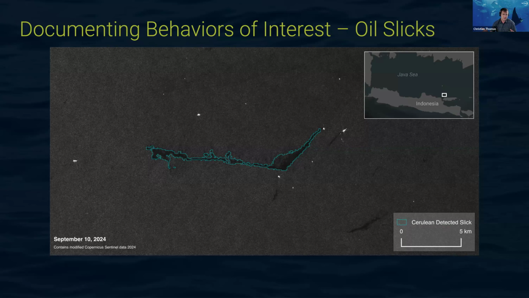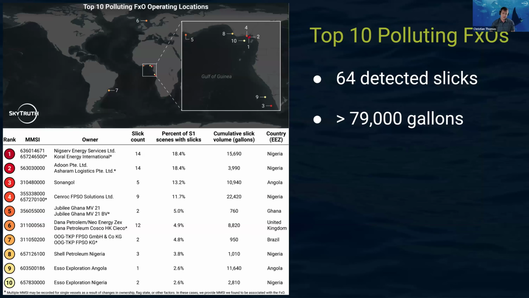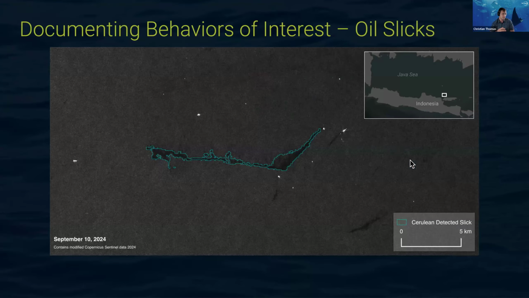And so our analysis then takes this and ranks polluters based on the frequency of slicks observed in Sentinel-1 imagery. So I'll touch on just sort of our general findings for both FXOs and fixed oil infrastructure. The first of which, FXOs. So we can see here the global map. These are the 10 most polluting